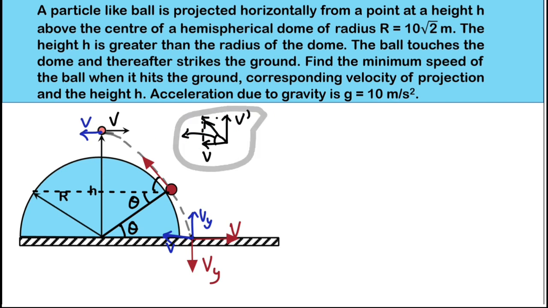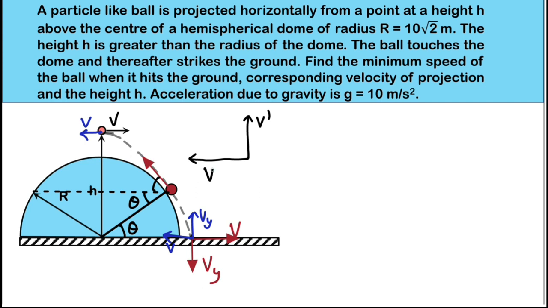Let me draw it a bit bigger here, right? So this is v dash. Towards the left, this is v, and the resultant of these two vectors is actually making angle 90 minus theta with the horizontal, right? So this angle here is 90 minus theta. From this triangle, we can say the height v dash by base v will be equal to tan(90 minus theta). So we can write v dash equal to v times cot theta, right? So this is our first equation.